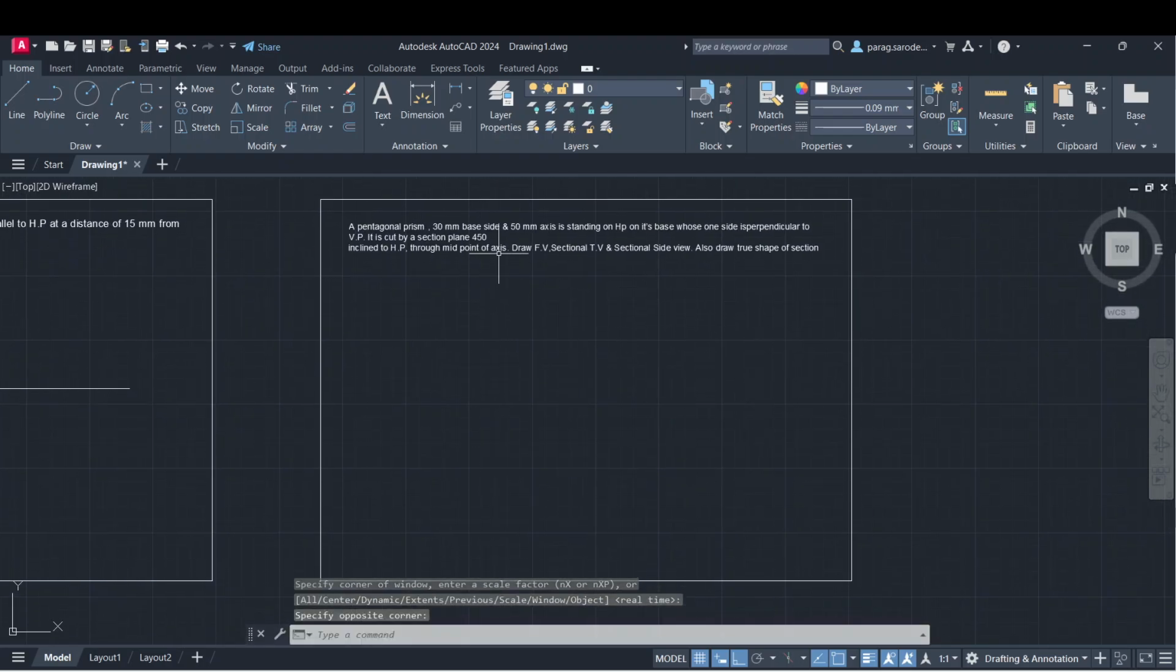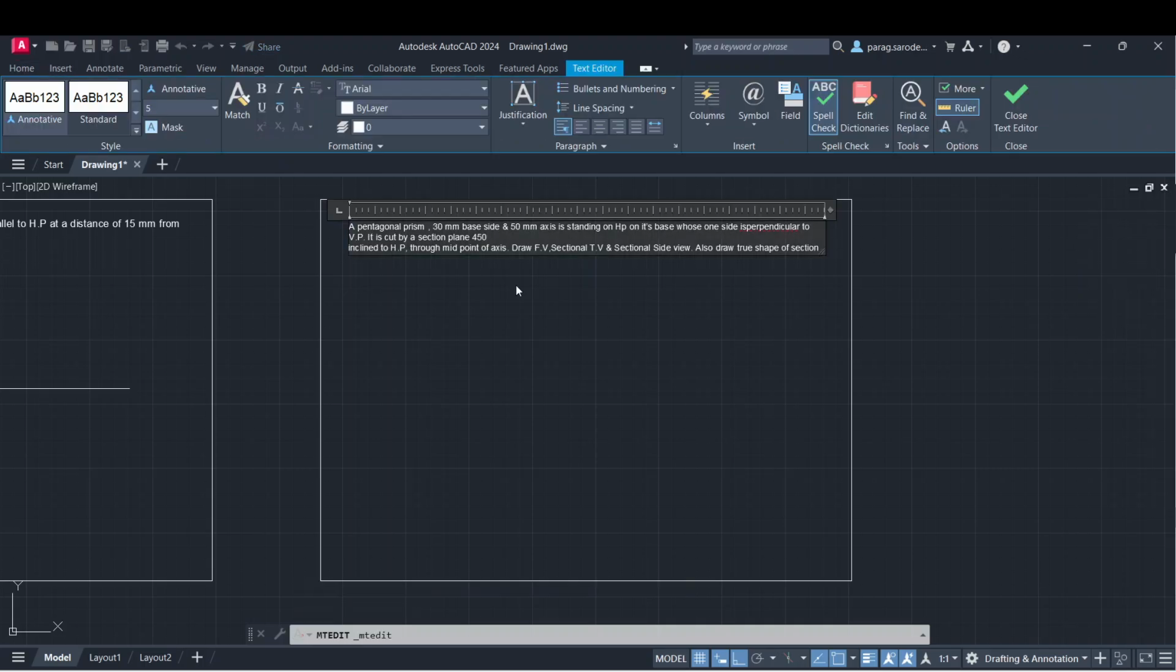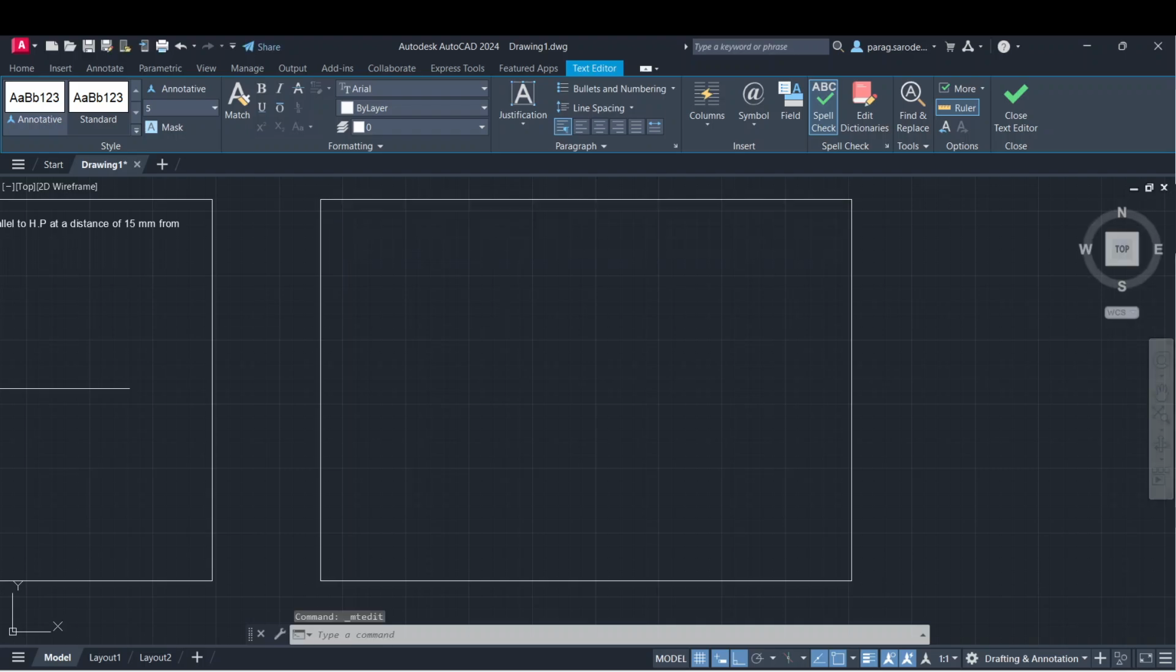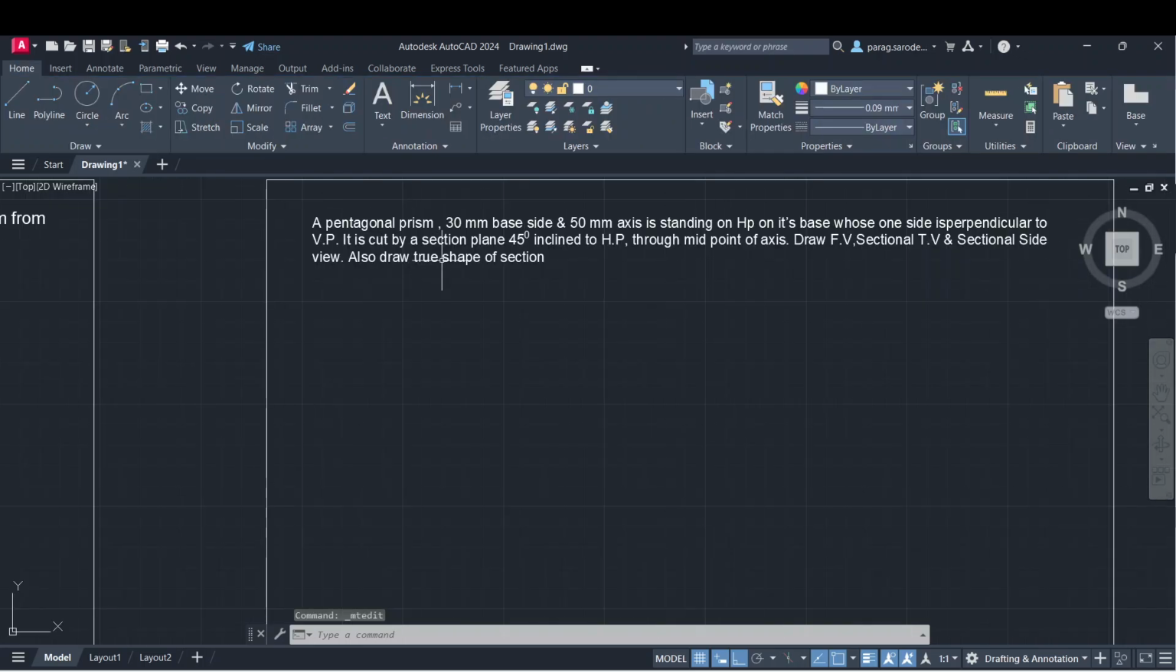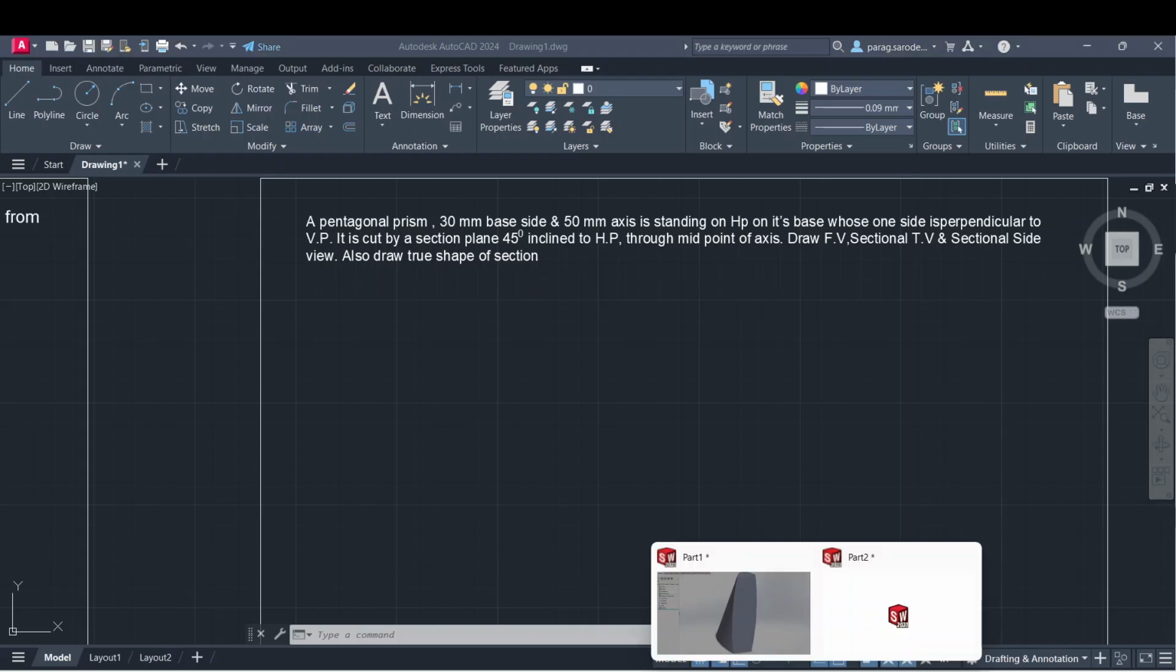Read the question very carefully. What we see in this question is that a cutting plane is given. What type of solid is given? That you need to confirm first. It's a pentagonal prism. What is the peculiarity of a prism? Bottom and top will be the same for a prism, correct? So if I show it in SolidWorks,